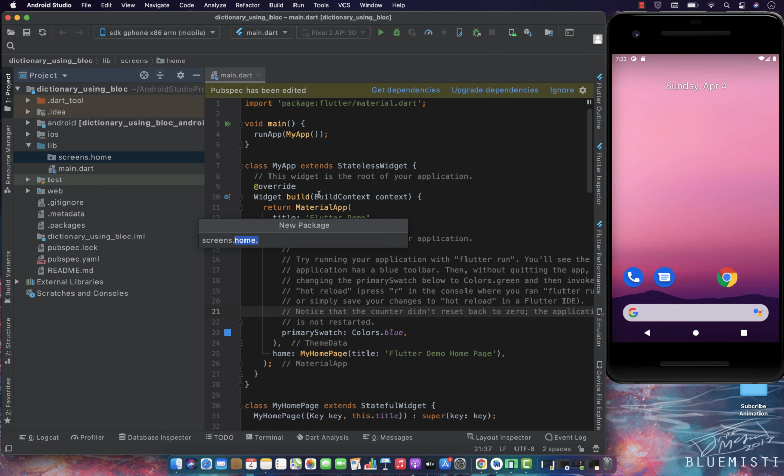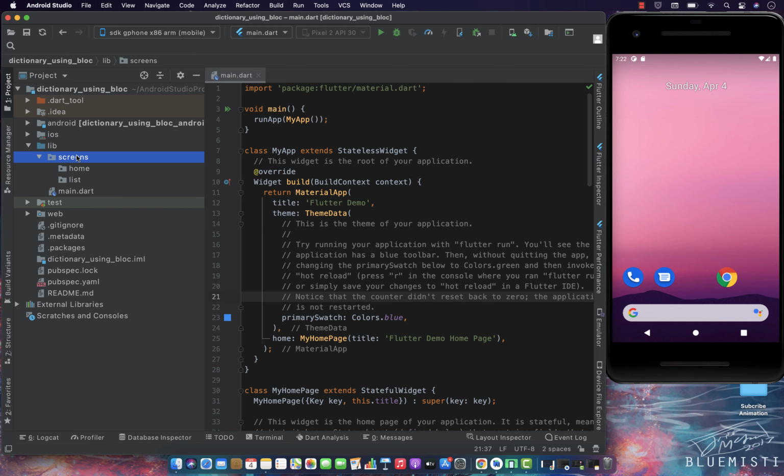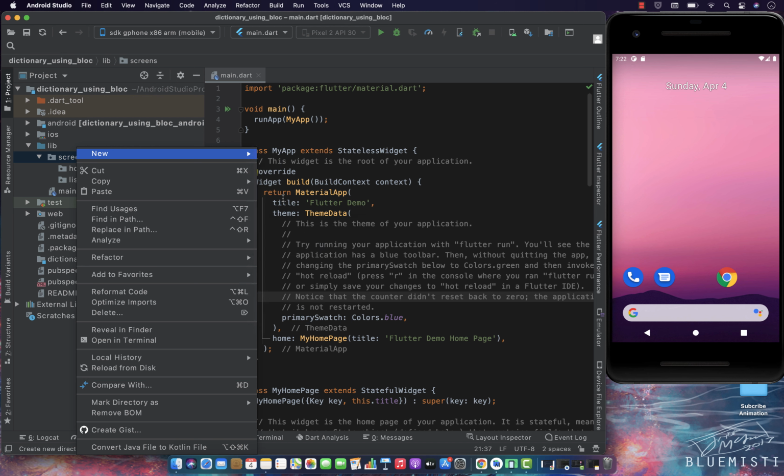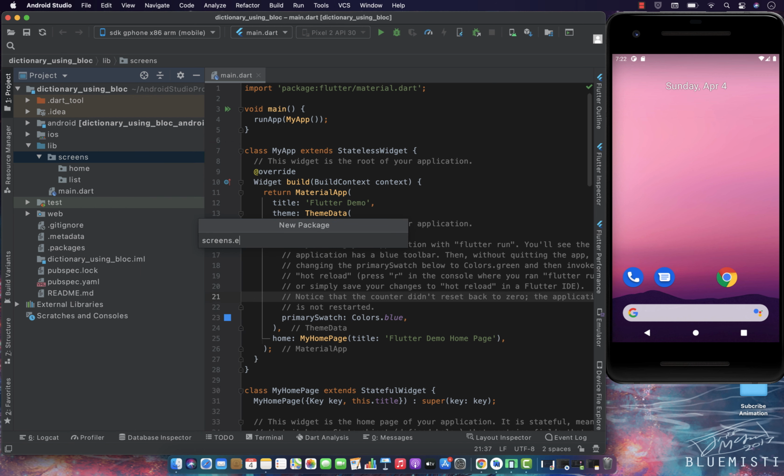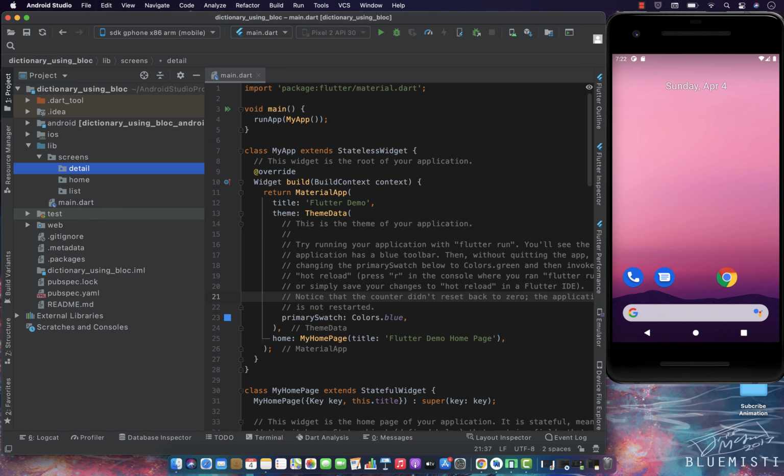Make sure you create it inside the screen. That's good. And the last one would be of detail. Okay, so let's,